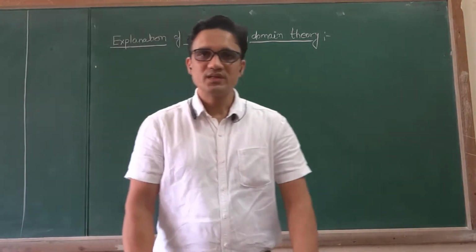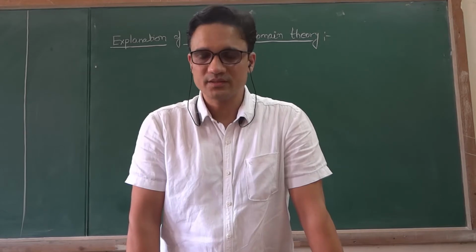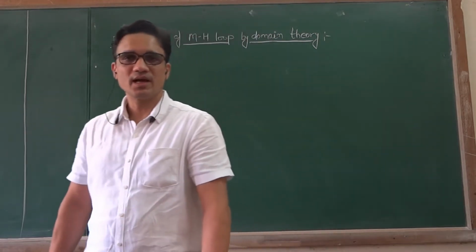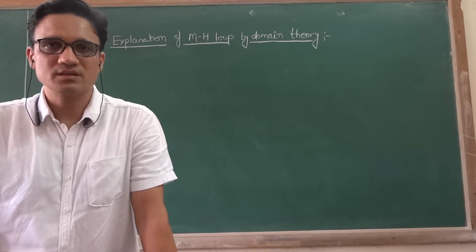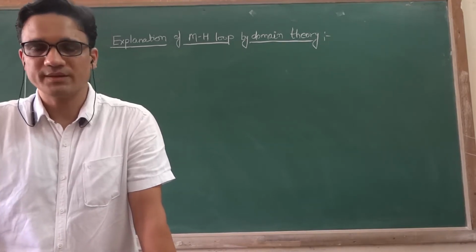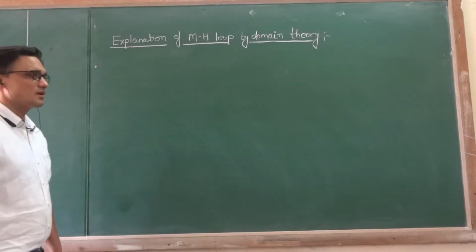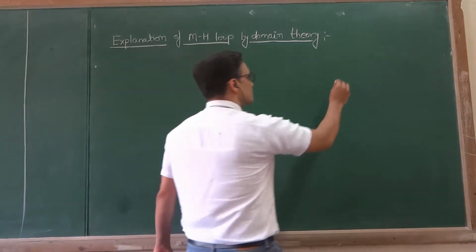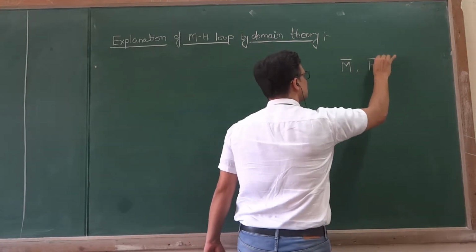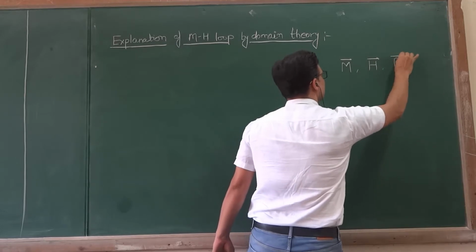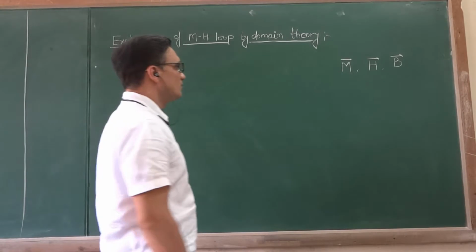In the previous class we discussed the magnetic properties of matter, where we covered diamagnetism and paramagnetism, and then ferromagnetism and ferrimagnetism materials. And then we discussed the relation between the magnetization vector, magnetic field intensity H and magnetic flux density B. And the relation we found,